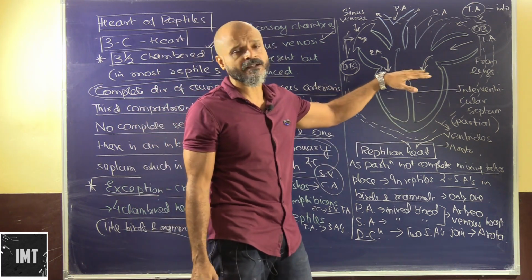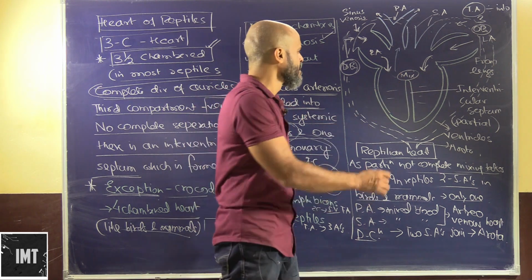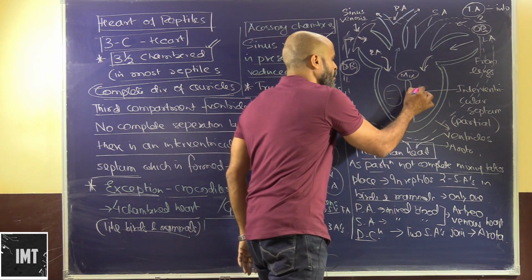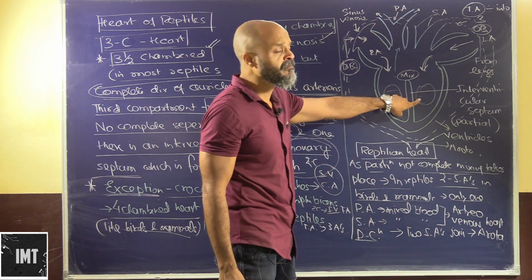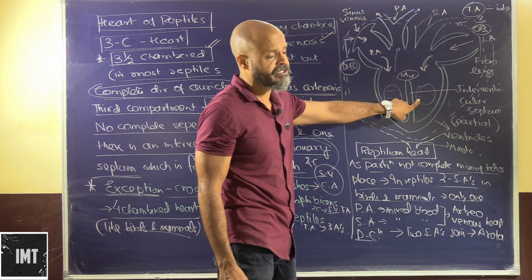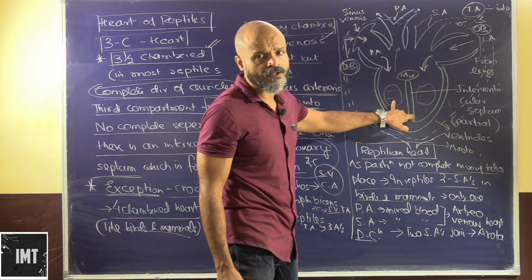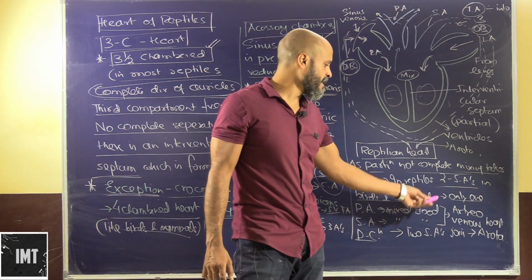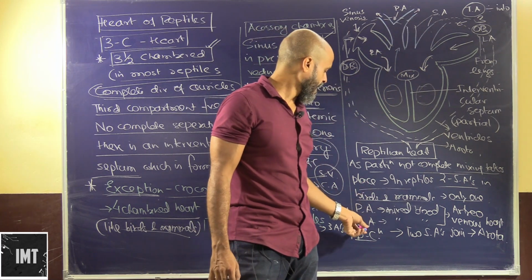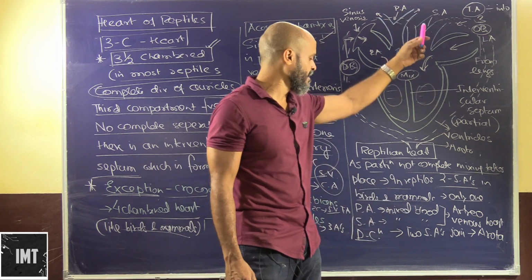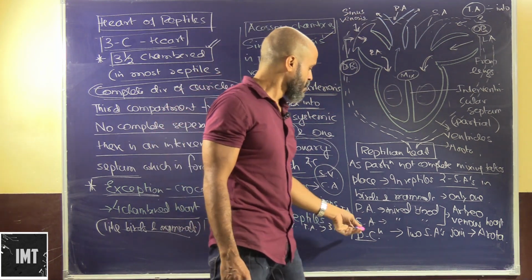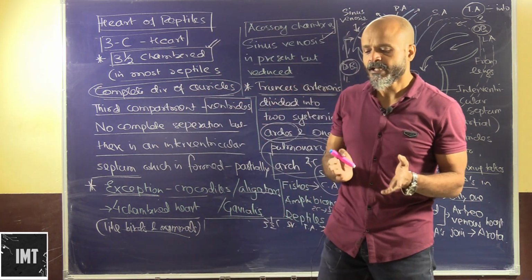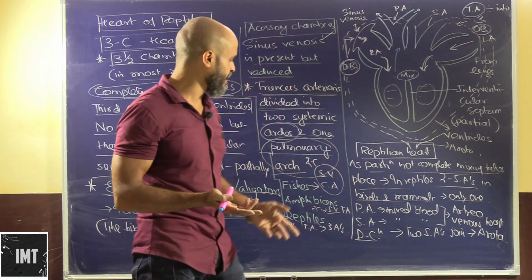The oxygenated blood and deoxygenated blood is more or less mixed, but we can say that some higher quantity of deoxygenated blood is here and some lower quantity of deoxygenated blood is here. At the same time, some higher quantity of oxygenated blood is here and some lower quantity of oxygenated blood is here. Now the pulmonary artery carries mixed blood to the ventricles, and the systemic arches carry mixed blood to the entire body. So this type of blood pumping which happens is basically mixed blood which is getting pumped up.